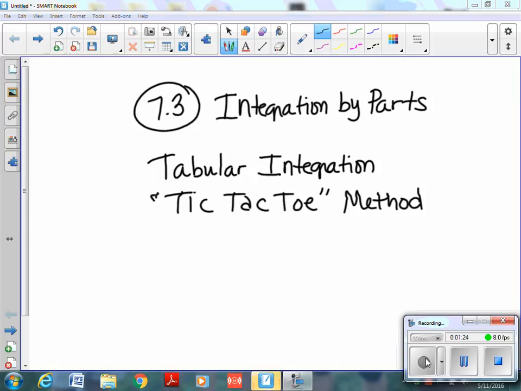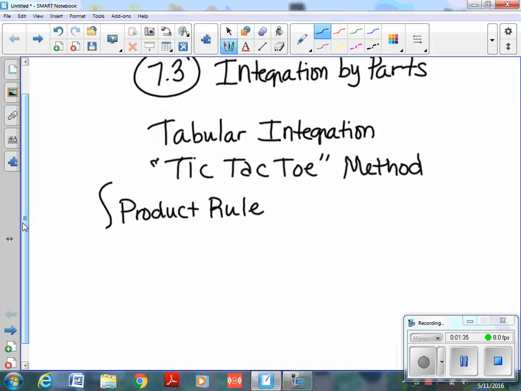This is when you have to integrate a product, when you need to integrate the product rule. I'm just going to bring back the product rule. The product rule was